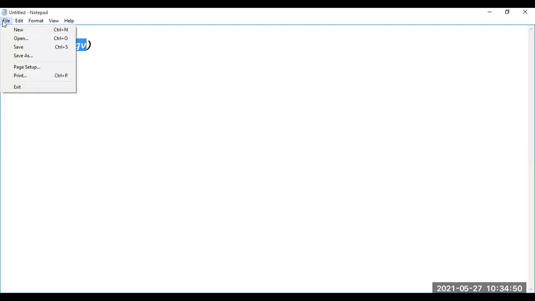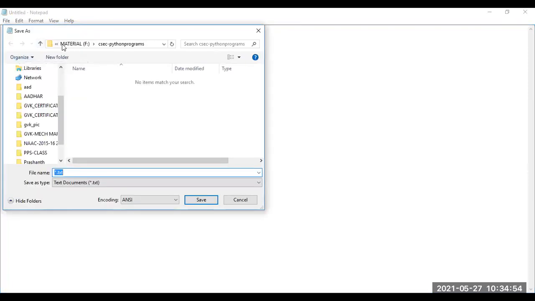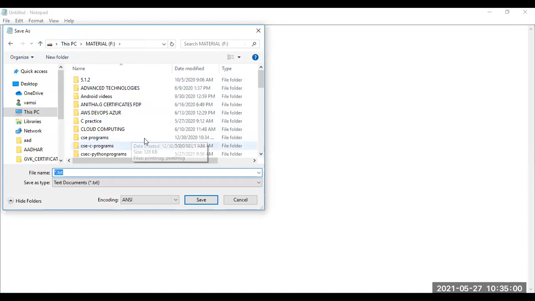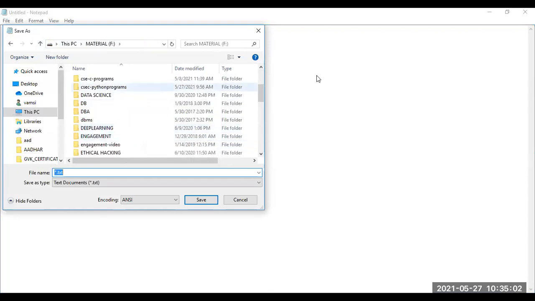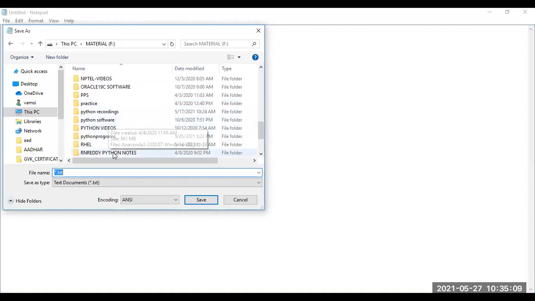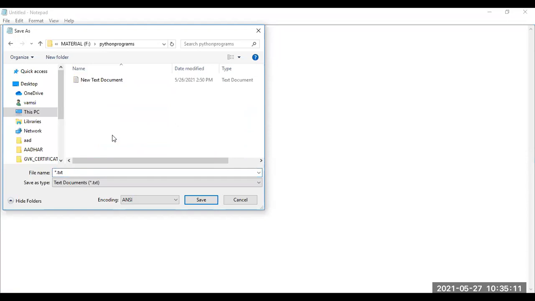The file has to be saved. Save as. I'm saving into the F drive, into the Python programs folder. Here the Python programs folder is available. I'm saving into Python programs.